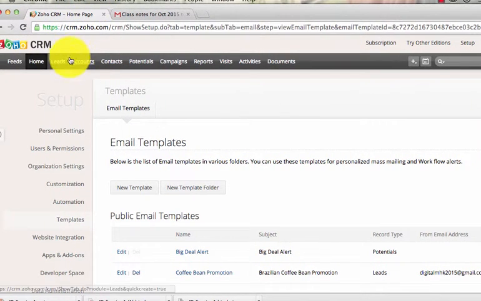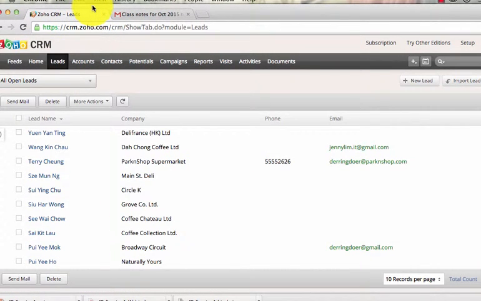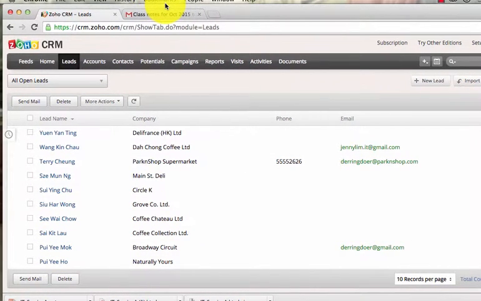So I go to leads. Now you need to have a lead that has an email address. So like these three leads have an email address, and make sure that it has a valid email address so it can be sent, and you can check that it really was received by this email address. So we're going to send an email to this lead, Mokpuyi, and so I click here,